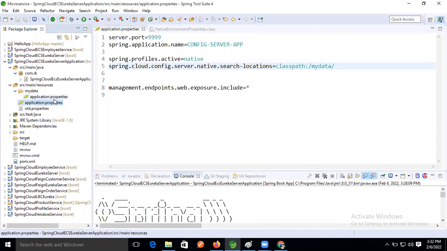We given this location. Spelling is application.properties. Spelling is also correct.